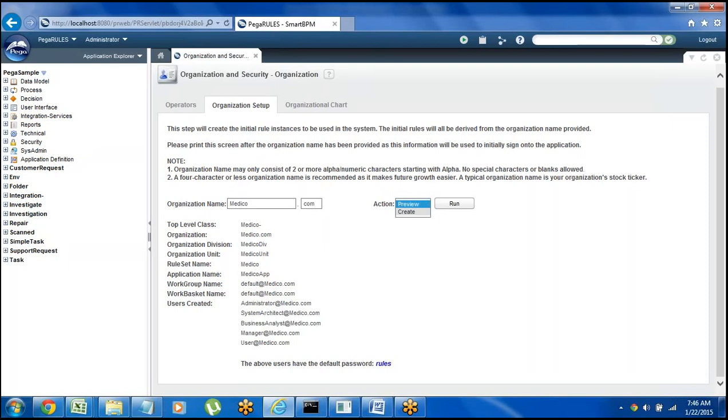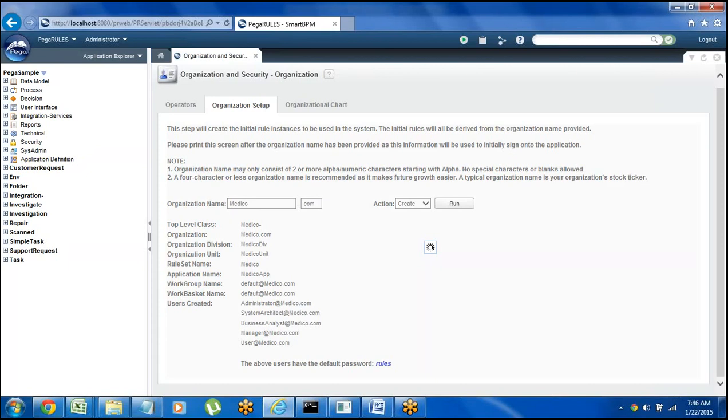If you want to create all these things, choose the create option and click on run, then all these things will be created. These basic rules are created, and we can reuse them at the time of class creation: top level class, application name, user IDs, all these.